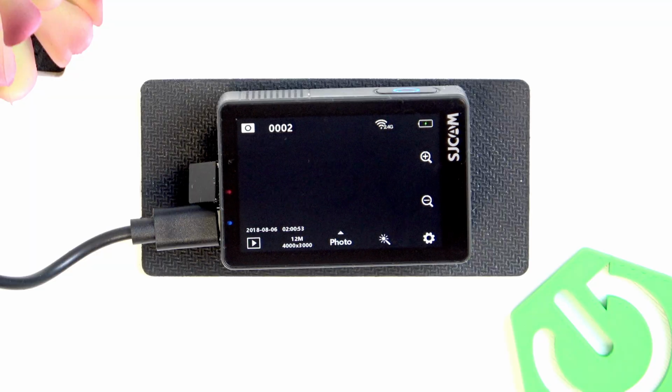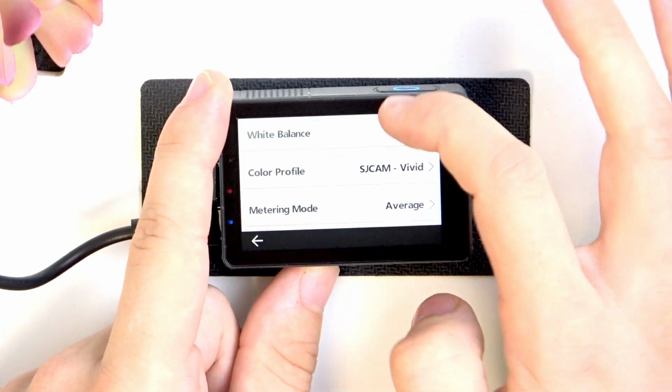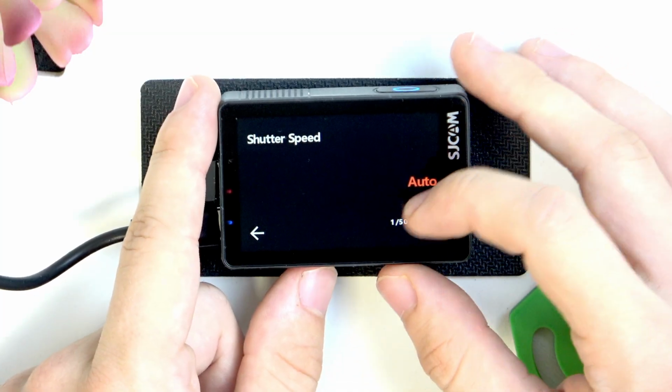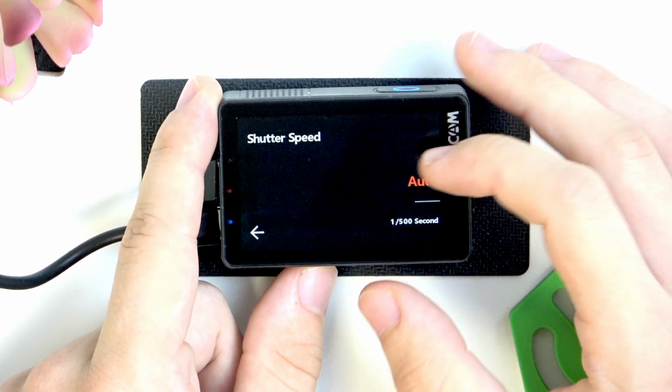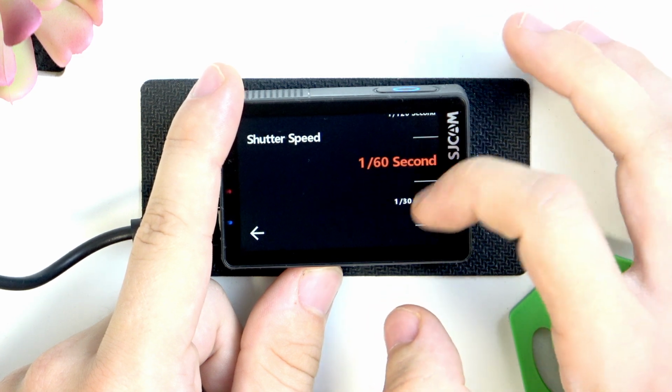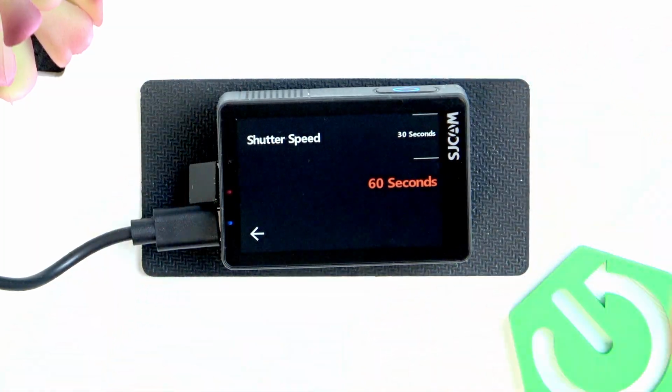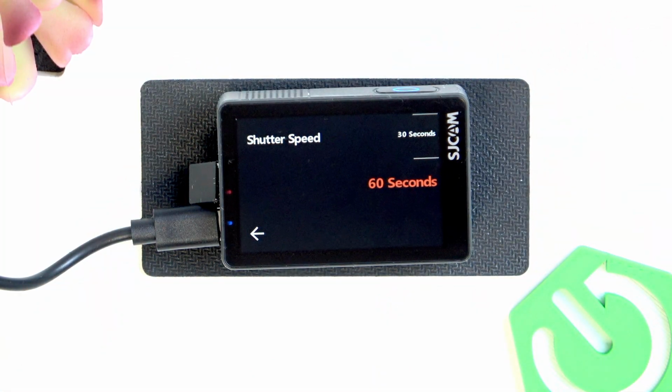But if you want to adjust it in the photo mode, click on magic wand, scroll down until you find shutter speed, and you can set it to auto or a certain value. Let's set it to a certain value. You can see there are different values, even up to 60 seconds, which is like very, very slow shutter speed,